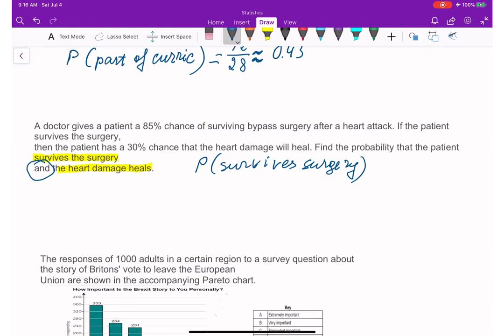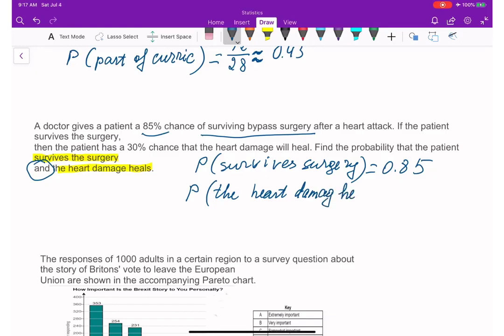Doctor gives a patient 85% chance of surviving bypass surgery. So 85%, 0.85. Probability of the heart damage healing: 30% chance that heart damage will heal. So it's given. We don't need to calculate anything. 0.3. Now the word "and" comes into play, which means we are going to do probability of survivors